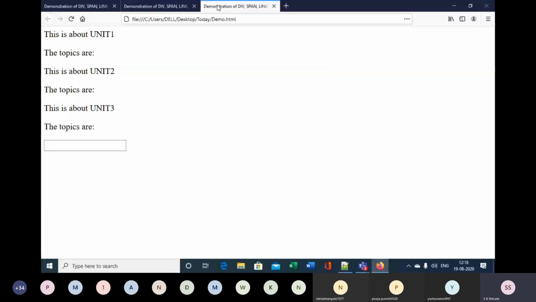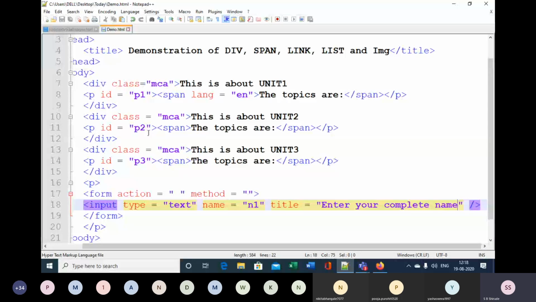And now the use of the class and ID attributes. These class and ID attributes you can use specifically in the CSS file as selectors. I will demo how to make use of these as selectors when we start with the CSS files. So here we have learned how to make use of div and span elements along with the commonly used attributes such as class, ID, lang and title. Now after this, we will learn how we can code the list. So let us code the list over here.